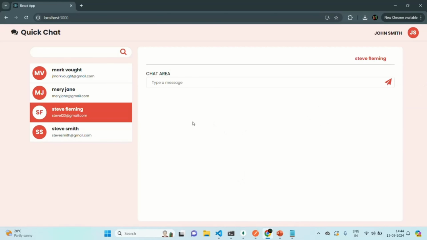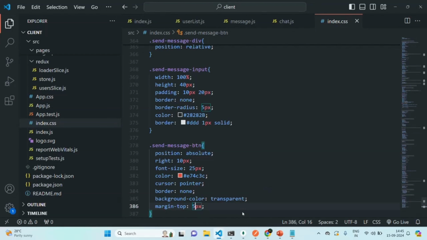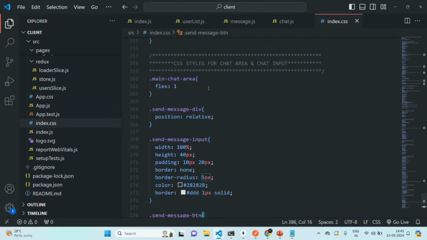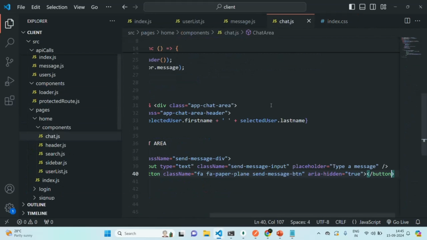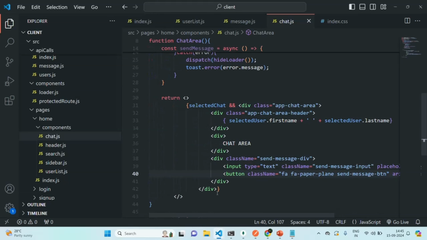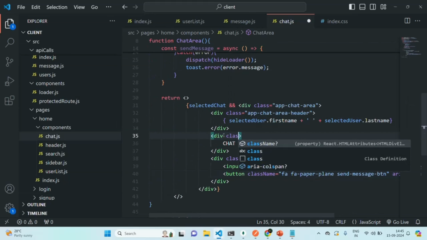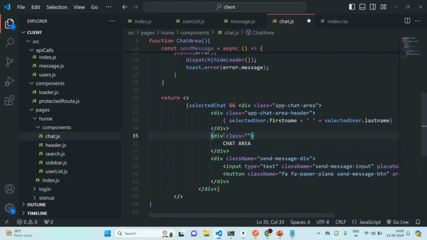Okay, now what I also want is I want this input element in the bottom. For that, I've also created a CSS class called main chat area. Let me copy this CSS class. Let's go to chat.js, and here this is our main chat area. On that, I'm going to specify a CSS class, and to that I'm going to assign this main chat area CSS class. Save the changes,